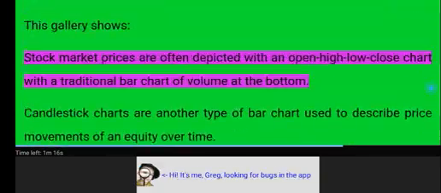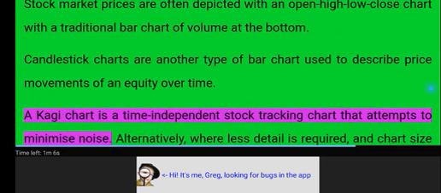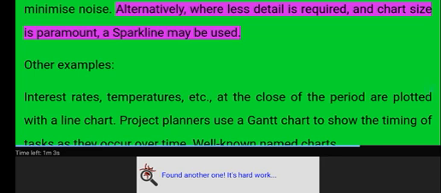Stock market prices are often depicted with an open-high-low-close chart with a traditional bar chart of volume at the bottom. Candlestick charts are another type of bar chart used to describe price movements of an equity over time. A Kagi chart is a time-independent stock tracking chart that attempts to minimize noise. Alternatively, where less detail is required and chart size is paramount, a sparkline may be used. Other examples: interest rates, temperatures, etc. at the close of the